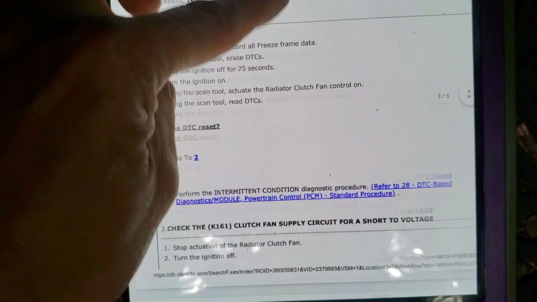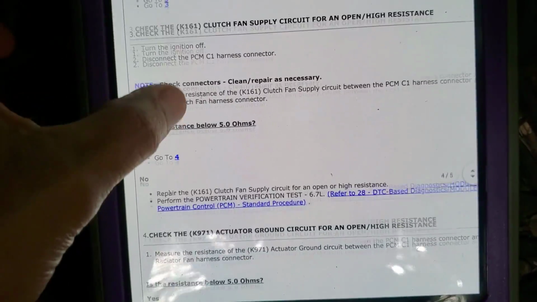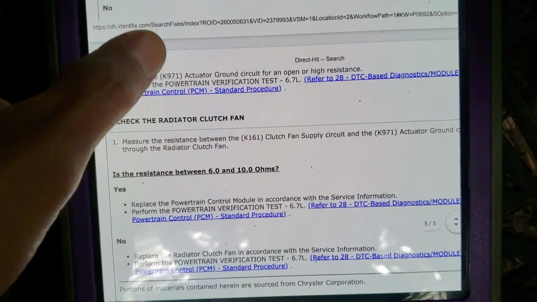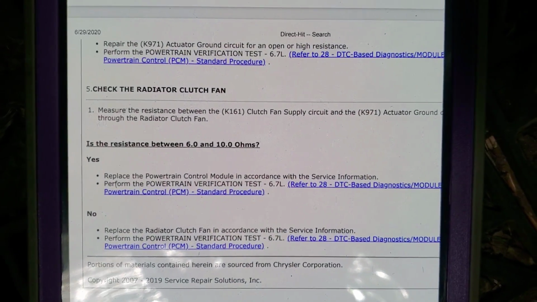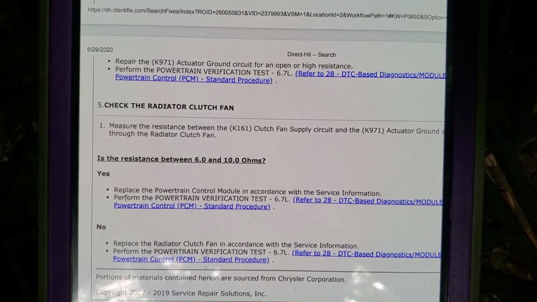Well, now we're gonna check the resistance between pin 1 and pin 6, as they are saying here, which should be between 6 and 9 ohms. I think that's what I read, between 6 and 10 ohms. Okay, so that is very important. I think the first step is that one,